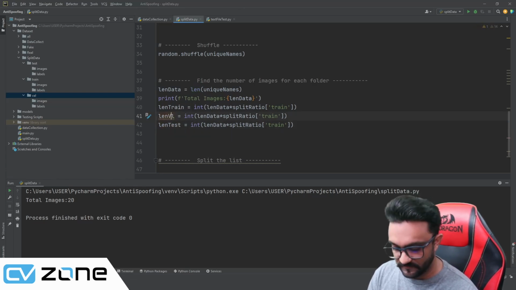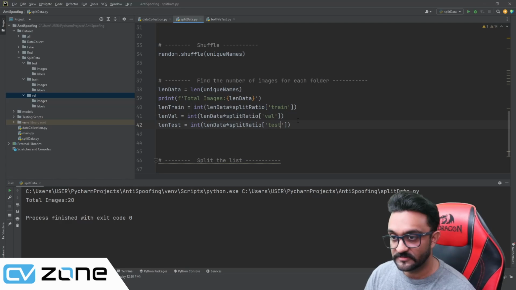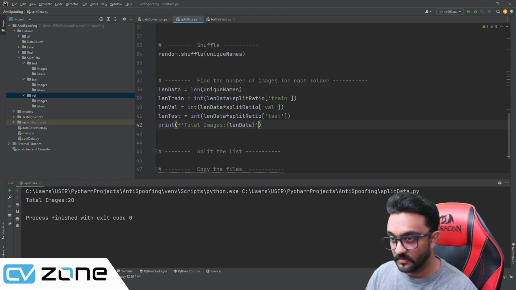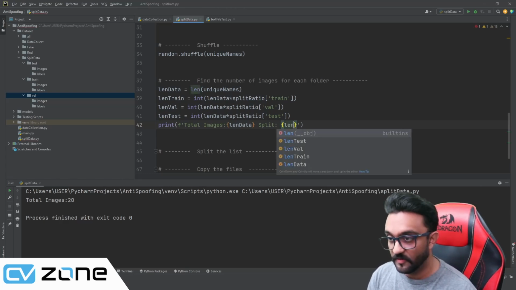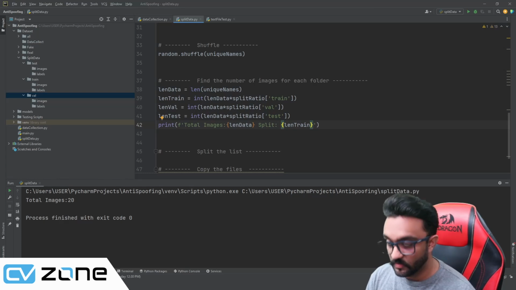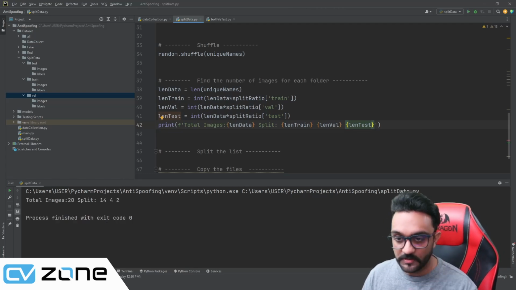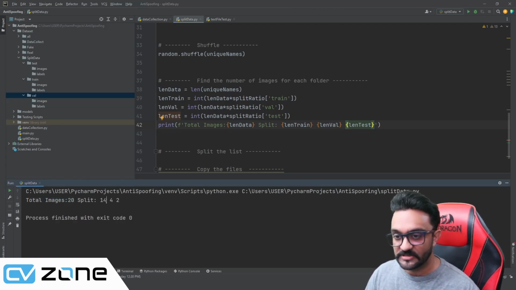Let's make it capital val, and here we will write val, and here we will write test. So now we can remove this from here, and here we can write that our split is basically length of train, then length of val, and then length of test. If we run this now, here you go, the total images are 20 and the split is 14, 4